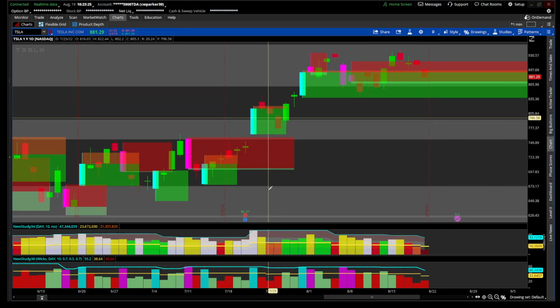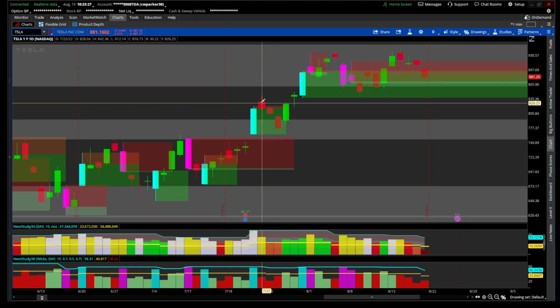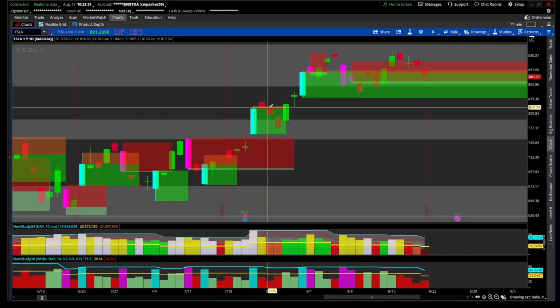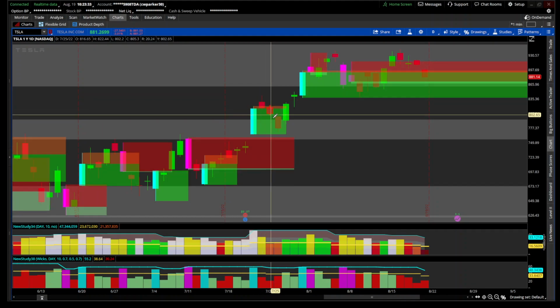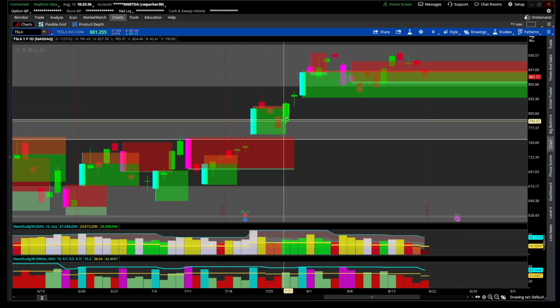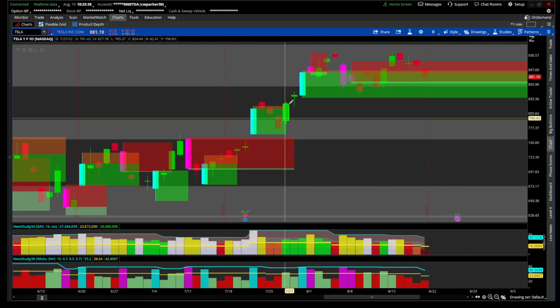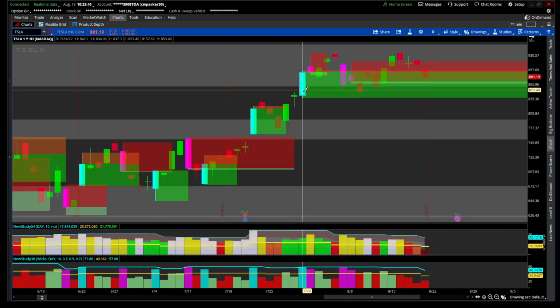You had this because you can look at the volume. Even though this is a huge amount of volume right here on this one, or this sell volume, you can look right here. It was decreasing volume. Then you had this push on increasing volume, and it pushed up. And even right here,